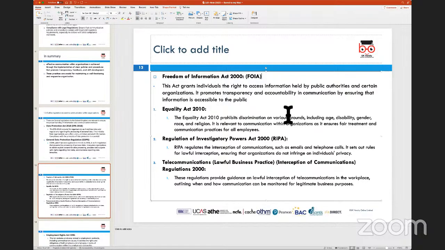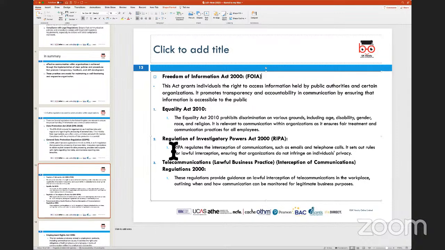Now, if I say female only apply, that means I'm being unjust and discriminatory, and I'm already not looking at taking interviews or CVs from male candidates. So this would lead to discrimination. If I say only the age group of 24 to 28 apply, or only people who are single and not married apply, then as an organization we would be in breach, because the Equalities Act is not being followed, and discrimination is being done on the basis of their age, their race, their religion, or in some cases their sex, and that would not be allowed under the Equalities Act of 2010.